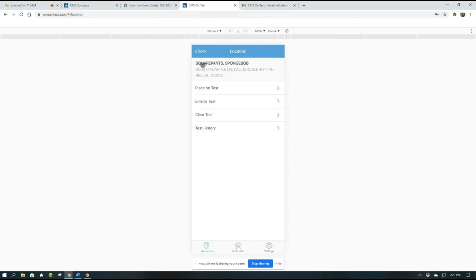With CMS On Test, they can verify the customer's name and the address, but they've already got that information because you gave it to them before they went and did the service call. Now, the only things they can do on here is they can place the account on test, they can extend the test if it's already on test, or they can clear the test, and they can check history. So as basic as can get, but it still is a lot quicker and a lot more efficient